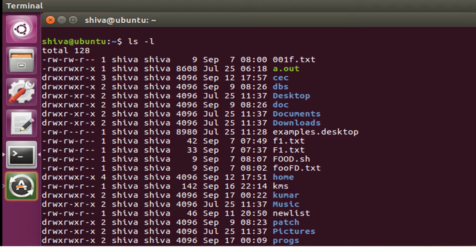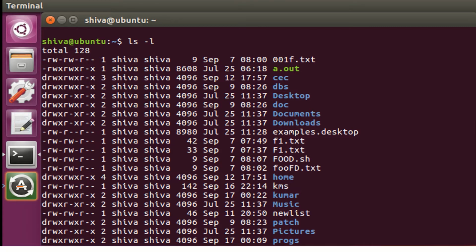Otherwise it is an ordinary file. And then the options: read and write, then read and write, and also only read, not execute. The second file has read, write and execute, read, write, execute, and read and execute options provided for this file.